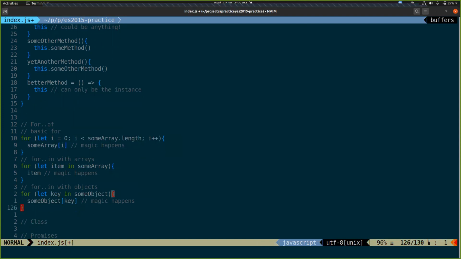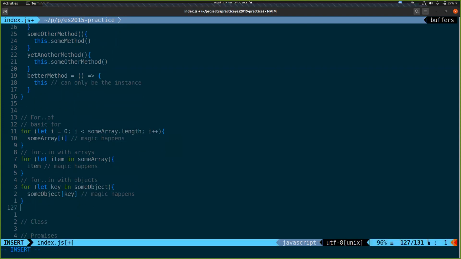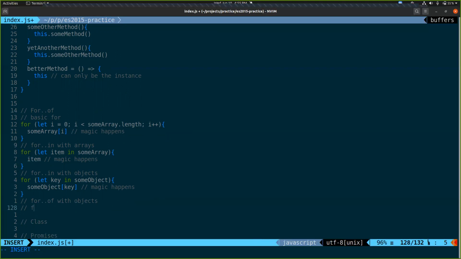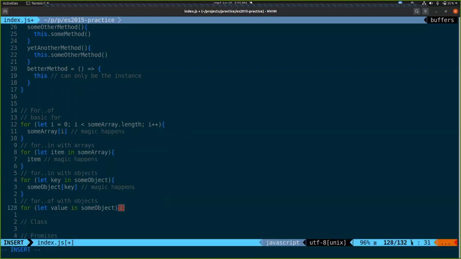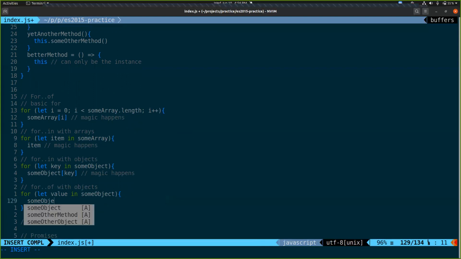In ES2015, we got for of. Which works like this. This and this are the same thing.